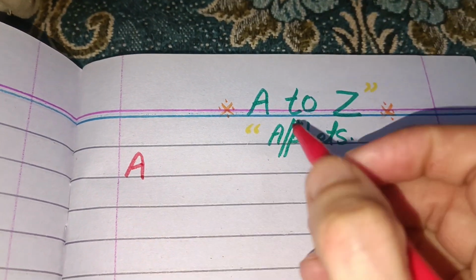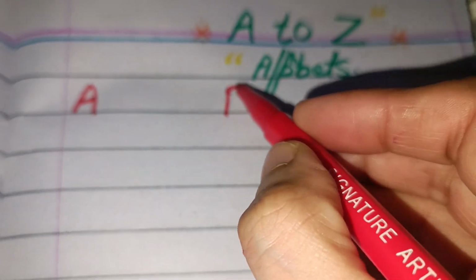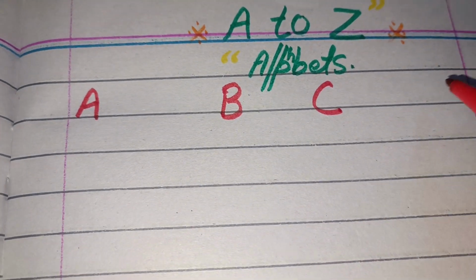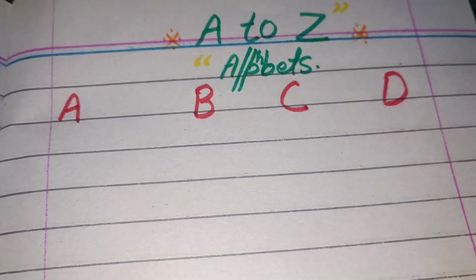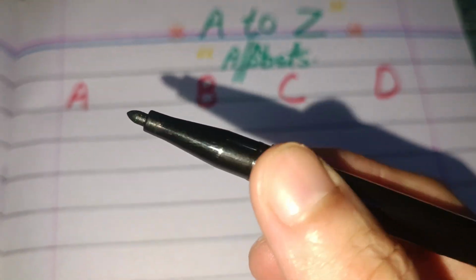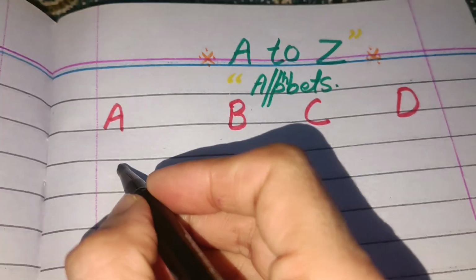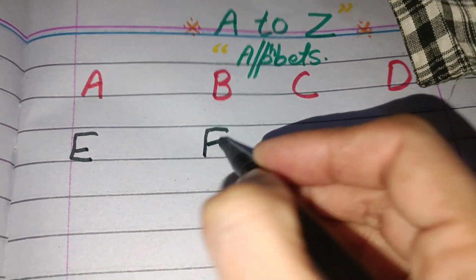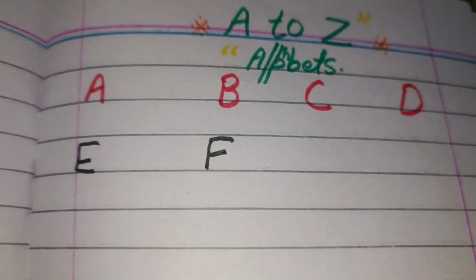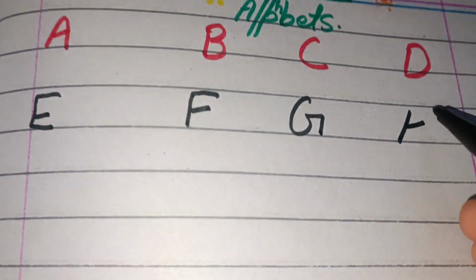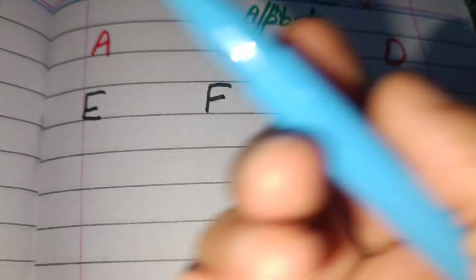A for apple, this is a B for ball, this is a C for cat, and this is a D for dog। ये देखिए, ये है मेरे पास ब्लैक कलर, this is an E for elephant, this is an F for fish, this is a G for gate, this is an H for hen। ये देखिए, ये है मेरे पास